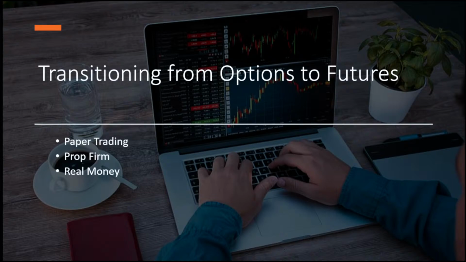So you can almost trade like it's real life happening in front of you and like it was your actual broker account. The way I recommend transitioning from options to futures is you start with paper trading: learn the interface, learn how futures move, learn how to set stop losses, how to close a position early, how to enter a second position if you want to, how to cancel a position. There's a lot of different things to learn there. And then once you master that, I really recommend moving on to a prop firm.